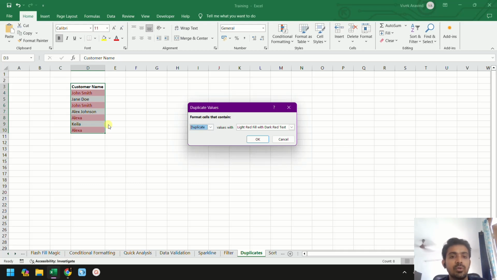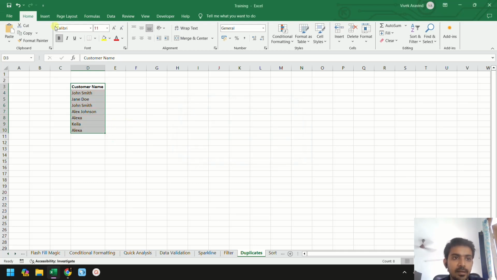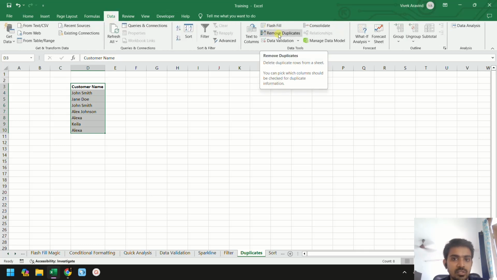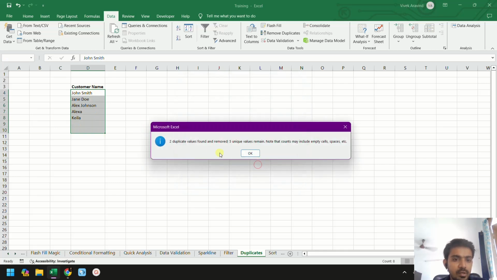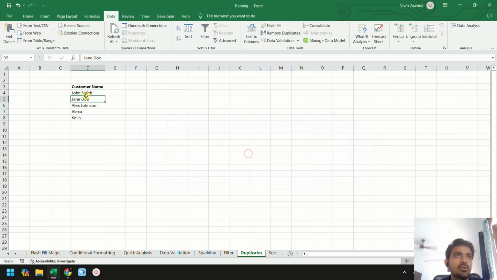But what if I want to remove them? You have to go to data and then see an option called remove duplicates. If you click on it, it will ask which column I need to select. This is already selected. The customer name is the column. If I click OK, it will immediately remove those duplicates. You can see here two duplicate values found and removed, 5 unique values remain. So this is where it helps a lot. We can remove duplicates and have unique values, which avoids a lot of redundancy of work and unwanted